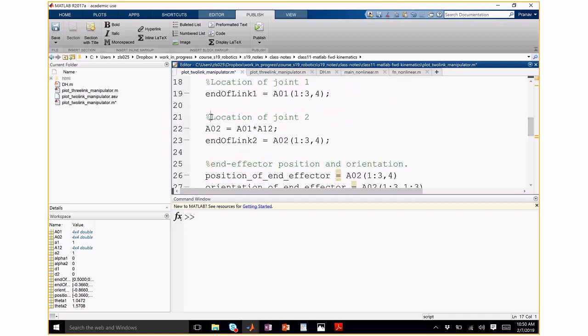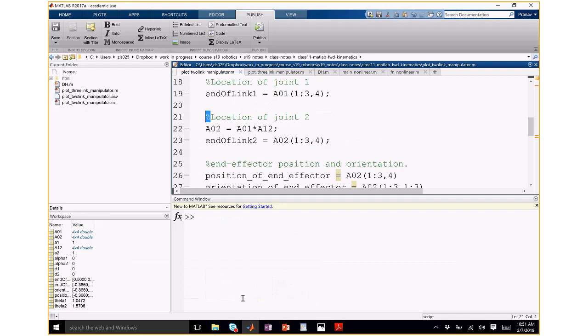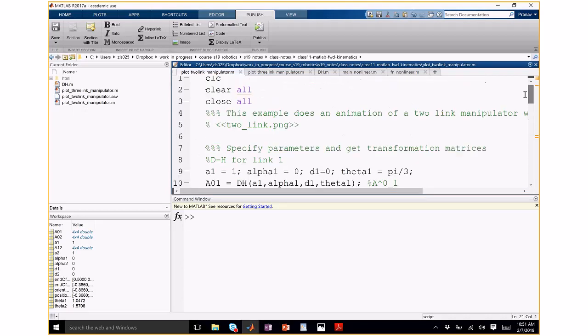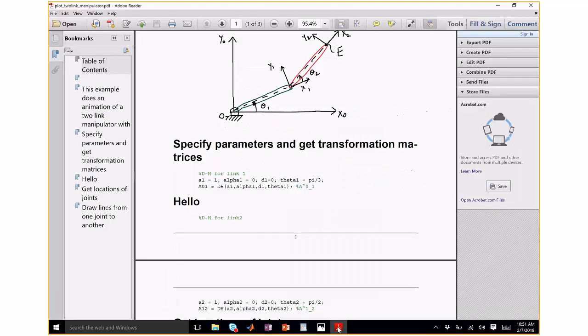If you put a comment like this, that will show up just like a regular comment. See this percentage DH for link 1. It does not show that up in a different font size. So the specify parameters was right here. So this is a way you can publish code and you don't have to copy paste. It actually goes beyond just publishing your code. It actually publishes the results too. So if you keep scrolling down,